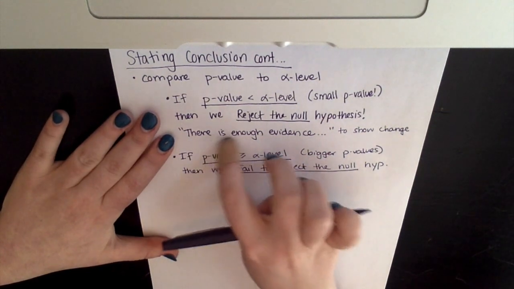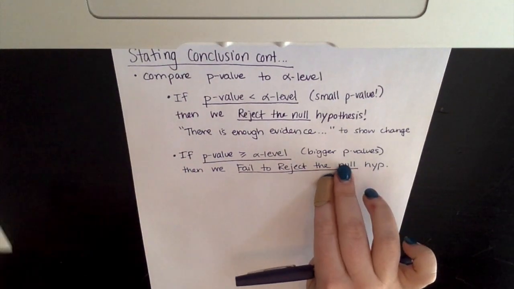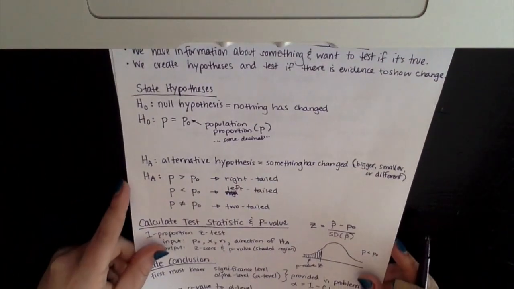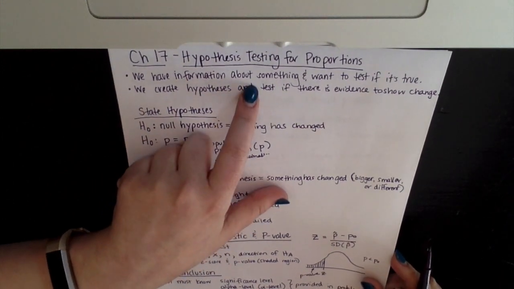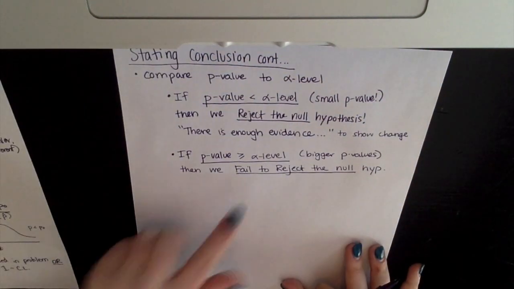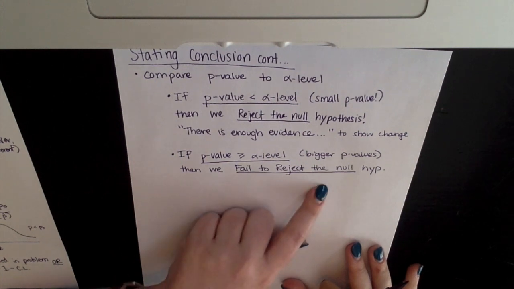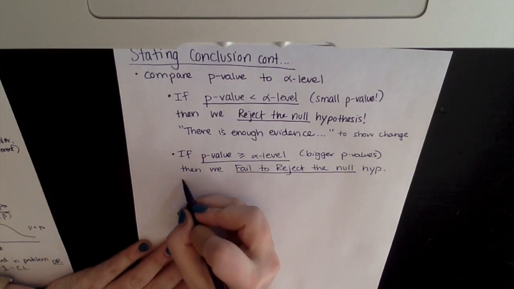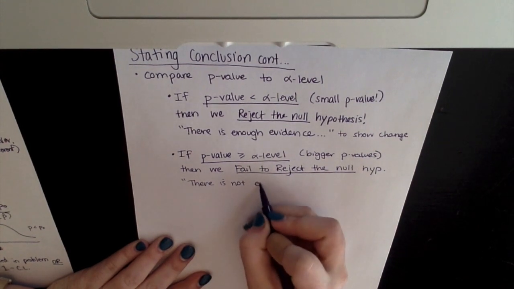So we never go back and say, yeah, the null was true. Because remember, guys, over here in our first set of notes, we actually know that we have information about a change, and we're trying to show that the change happened. Okay? So we're never going to go and lie and say the null was actually true. We're going to say, well, we just don't have enough evidence to say that there was a change. Okay? So we're forced to use language similar to there is not enough evidence,